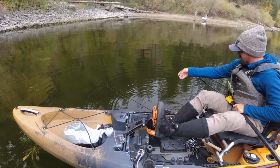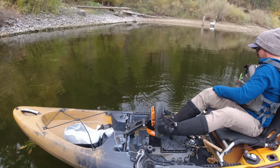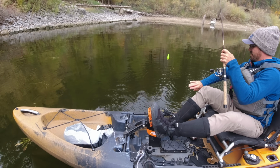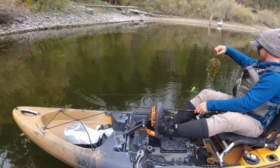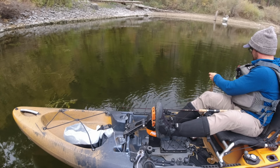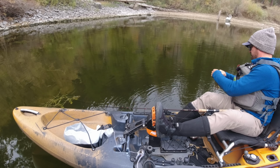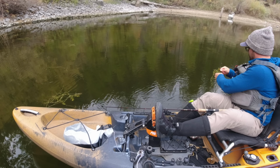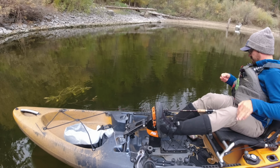Nice rainbow. First rainbow of the day. Catching a couple nice browns. The only tough bit about this is it's the end of the season, and there's a lot of weeds tight to the bank. So it takes a little bit to get everything sorted after each fish because there's so many weeds. I will run at least a 6-pound leader